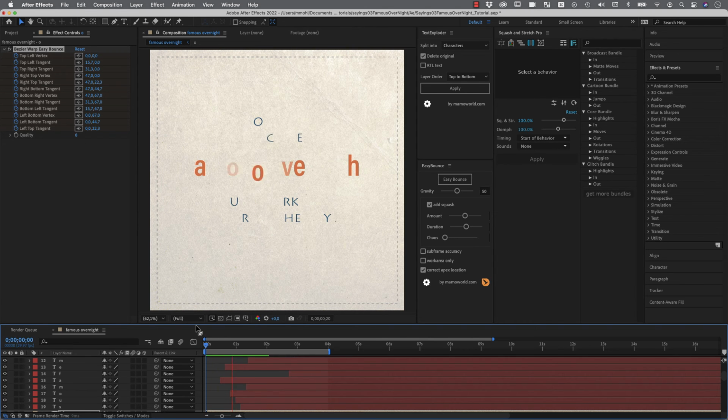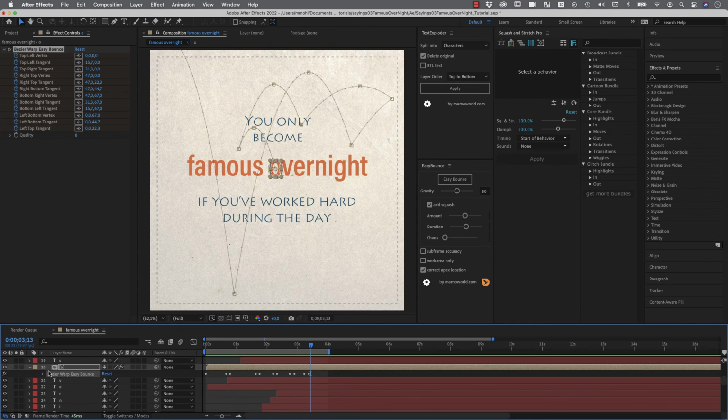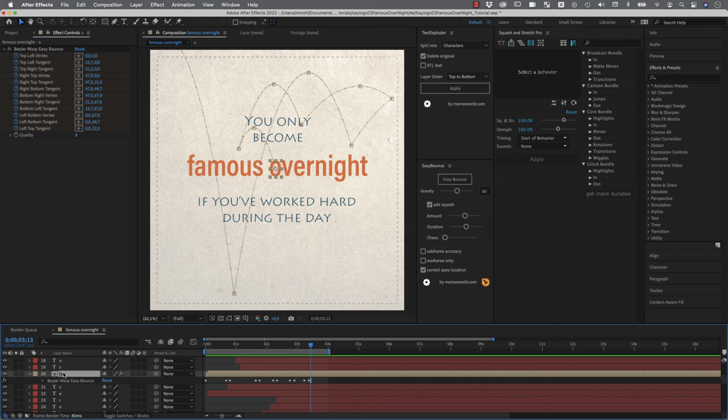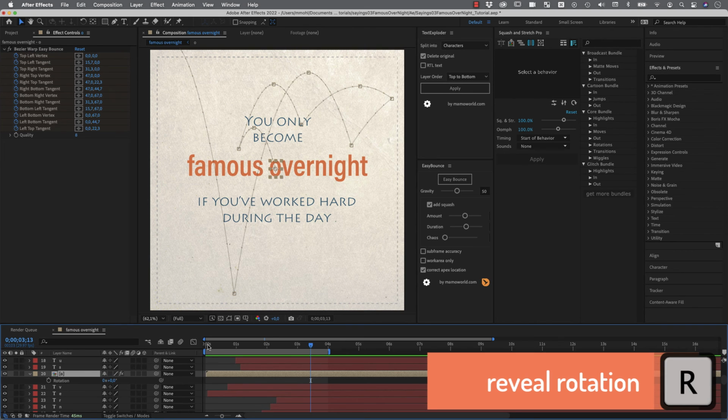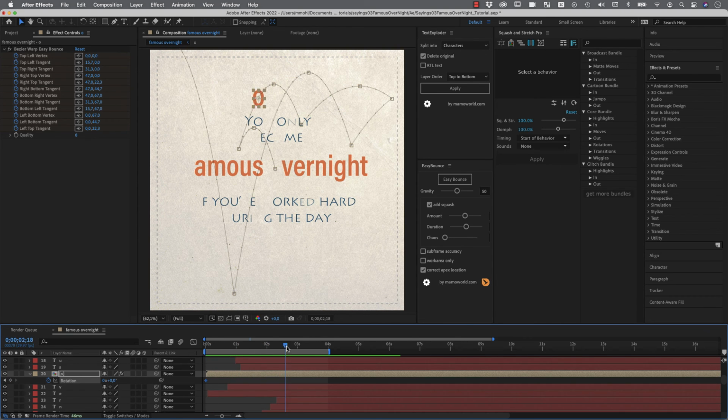And this is what it looks like. You can see it's much nicer with this little squashing. And even another great thing is that you can now easily combine this with rotation keyframes. So let's just reveal here the rotation with R, and say at the beginning we want to have 0 rotation, and at the very end where it comes to a stop, which is right here, we want to have 2 full rotations. So I enter 2 here, which means over time it turns around, it rotates.